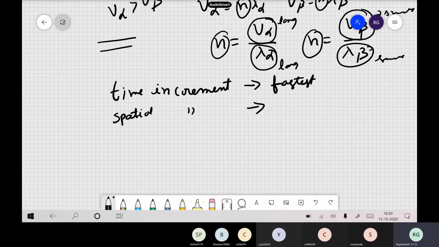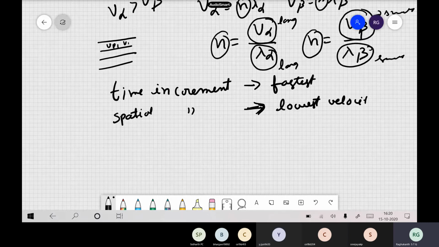Suppose we have a layered medium, so each medium will have one P wave, one shear wave, like that. So which velocity should you use? Maximum velocity, the fastest. That means in the half space velocity itself you have to use it. Now the spatial increment is controlled by which wave, S wave or which wave? Longest wavelength, that means the lowest velocity, lowest speed. You followed, right? Of course it can be shear wave or whatever.